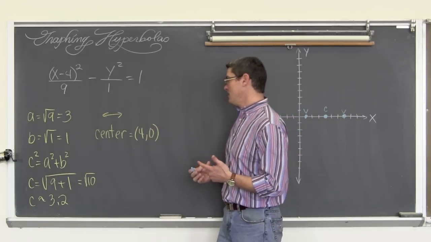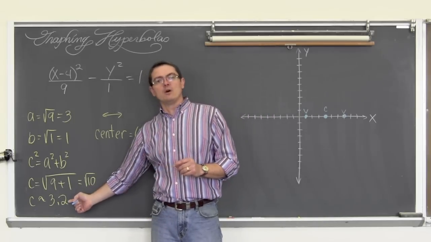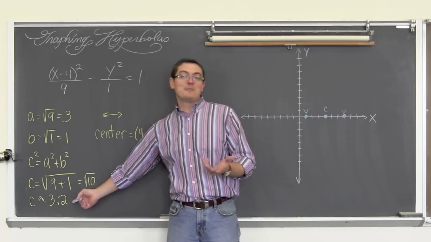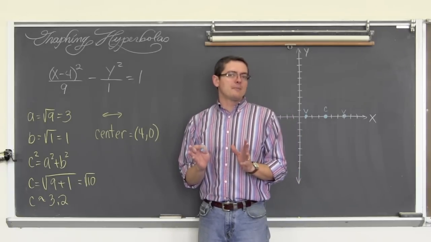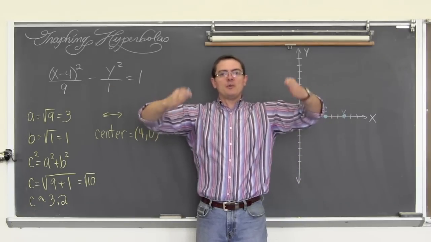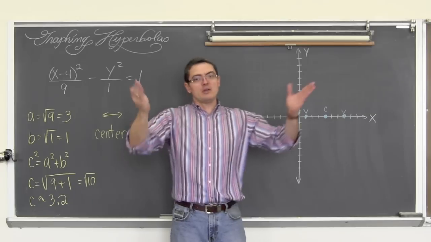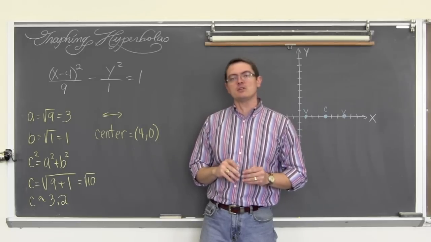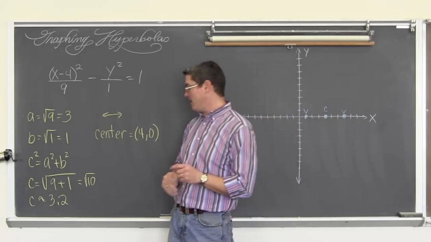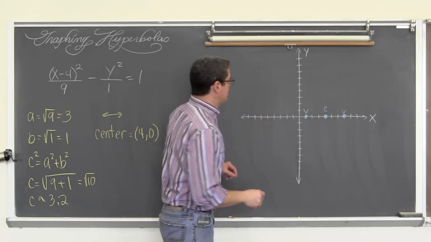And the value of C, which is 3.12, or excuse me, 3.16 or 3.2, we are graphing a hyperbola. Remember, I just said this a second ago. They open out from each other. In this case, they will be horizontal. So your focus points should be farther from the center than your vertices are. If they're not, you've made a mistake. So we're going to go left and right 3.2 units.